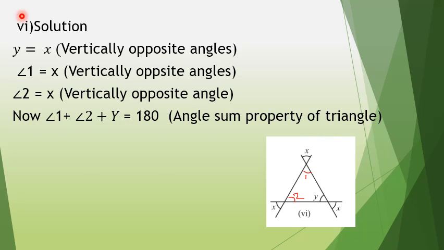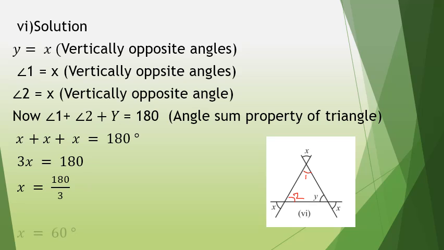Now angle 1 plus angle 2 plus angle y equal to 180 degree by angle sum property of triangle. Now substitute the value of angle 1 and angle 2. Hence we get x plus x plus x equal to 180 degree, or 3x equal to 180 degree, or x equal to 180 upon 3 equal to 60 degree. Hence x equal